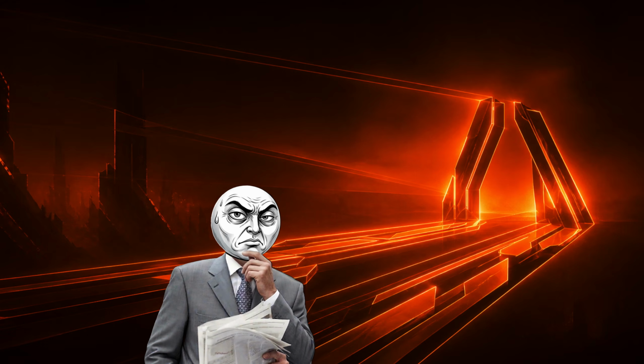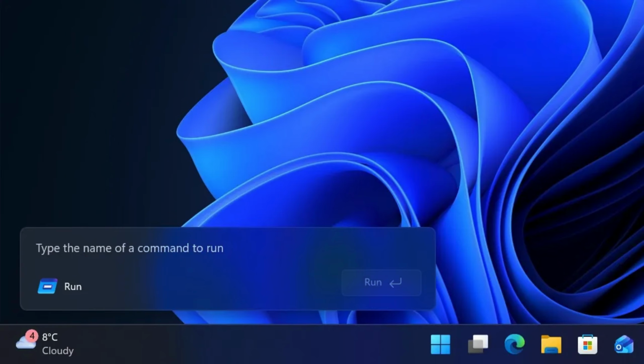The breakdown of this drama is simple. Microsoft is tired of Windows being messy. They want to be able to push updates to the start menu or the taskbar without touching the core code of the computer. But by doing this, they are turning Windows into a collection of web-based pieces and containers. It's like buying a car where the engine is locked in a box you can't open and the steering wheel is just a tablet screen that needs an internet connection to work. That is what K2 is doing to your desktop. If the experience layer fails to load, you're left staring at a core system that can't do anything.